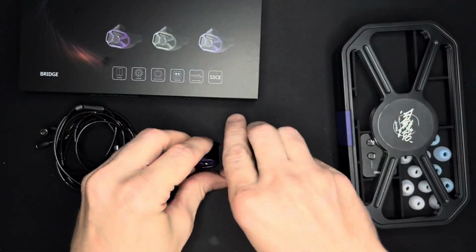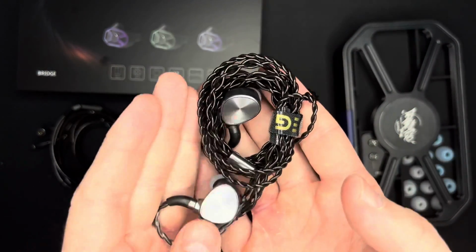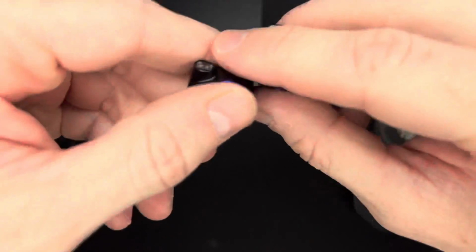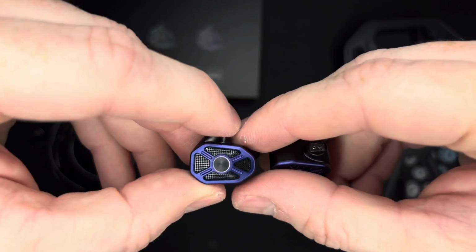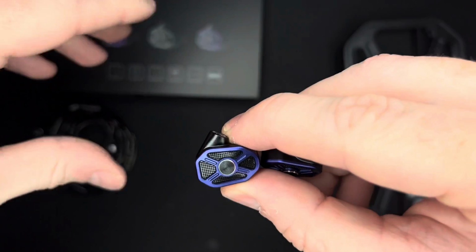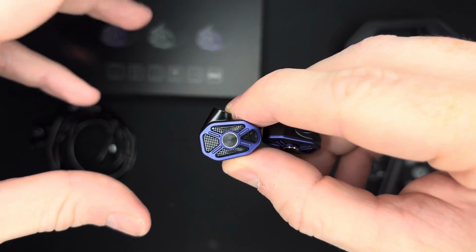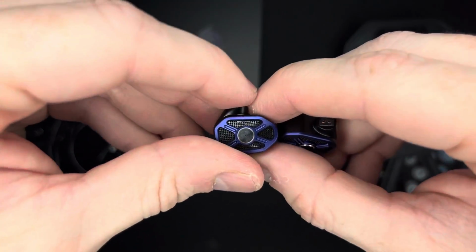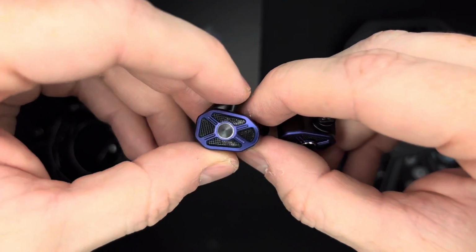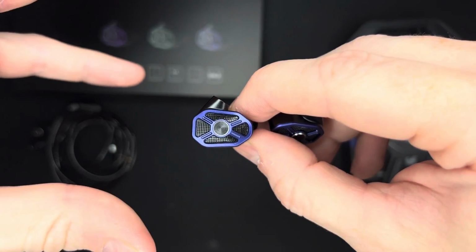For example, I just got off the review of the 7Hz Legato, which you'll also find on the channel. If it's not up now, it's coming up after the review of this is published. I thought it was going to be more bass prominent and sort of fast and energetic, but what I actually got was a leaner end on the bass. The sub bass is actually more prominent than the mid bass, which was strange because having two drivers in it, you thought you could have balanced out one driver for each, but that's not the case. So the weight in the low end was not as heavy as I was expecting,